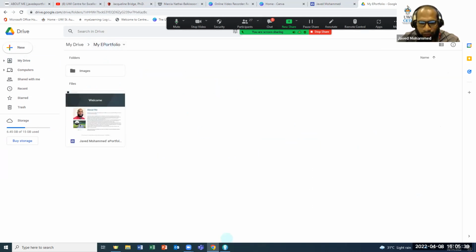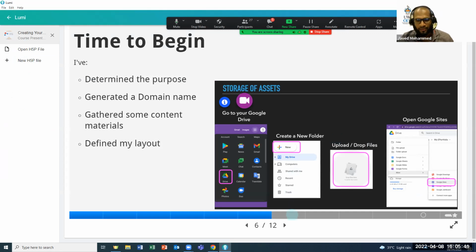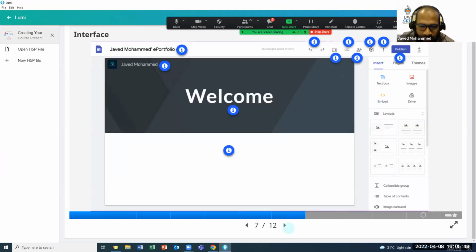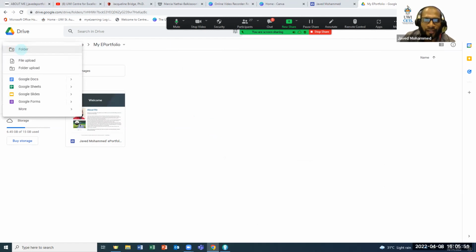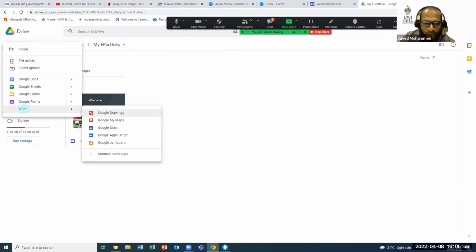Good. Now, once you're inside the new folder, you're going to click the Add New button to the top left again, scroll down to More, and select Google Sites.